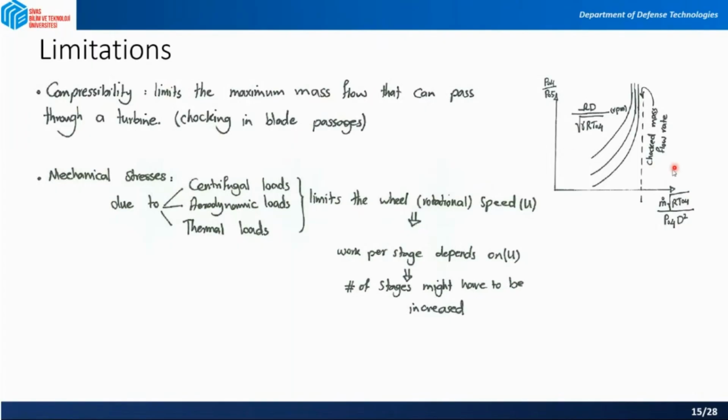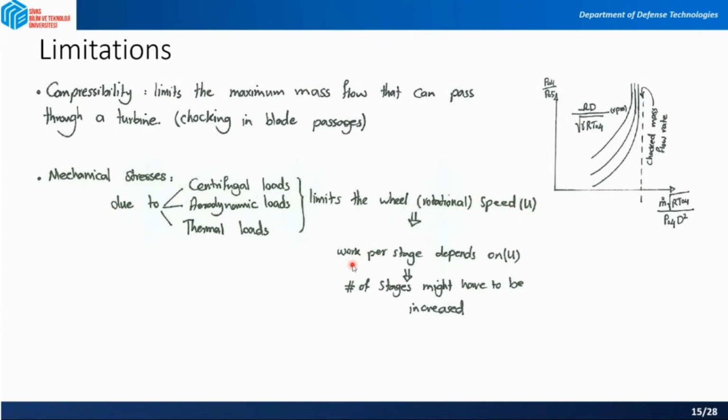So this is this limit. And also we mentioned that we have mechanical stresses due to centrifugal and aerodynamic loads, and also these thermal loads. And all these mechanical stresses limit the rotational speed, the peripheral speed, this u, which is equal to r omega,